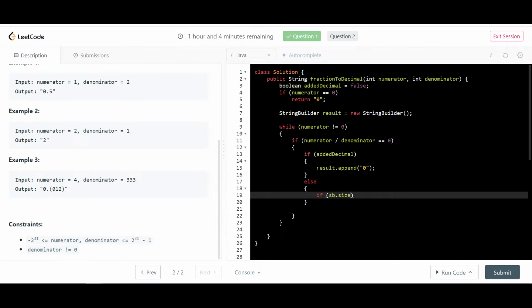Okay. Now, yeah, I'll figure out the recursive bit, but